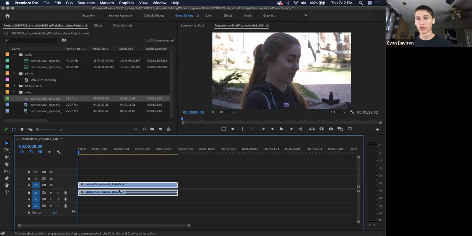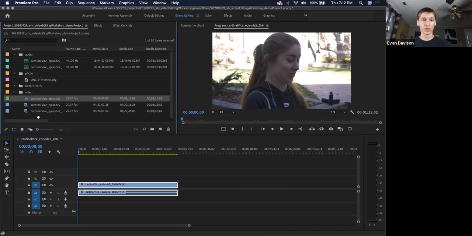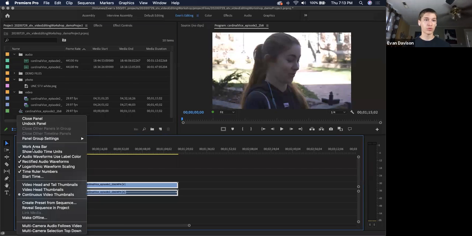So it will match your footage in frame rate and in size. So that is one way to create a sequence. And then it will create a sequence in Premiere, which is dropped into our video folder. If you know what you want, you can also go